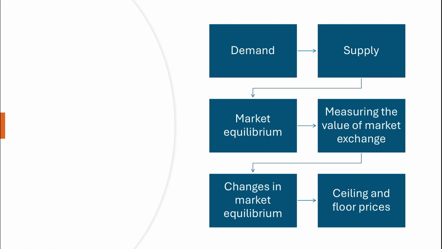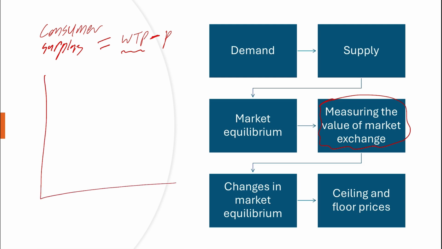Okay. The next big idea here is how we measure the value of market exchange. And our idea here is about surplus value. So how much do people benefit from market transactions? Well, for a consumer, we look at their consumer surplus, which is basically looking at what are you willing to pay minus what do you actually have to pay. Because what you're willing to pay reflects this benefit of an additional unit going to a consumer. And so if we look at supply and demand,